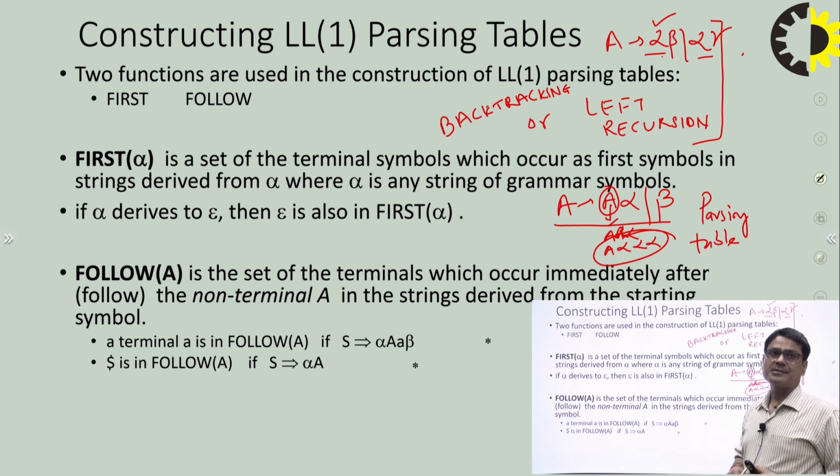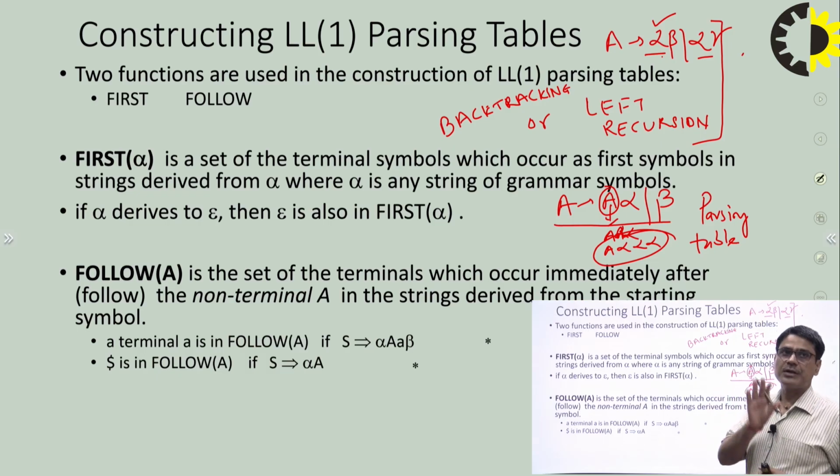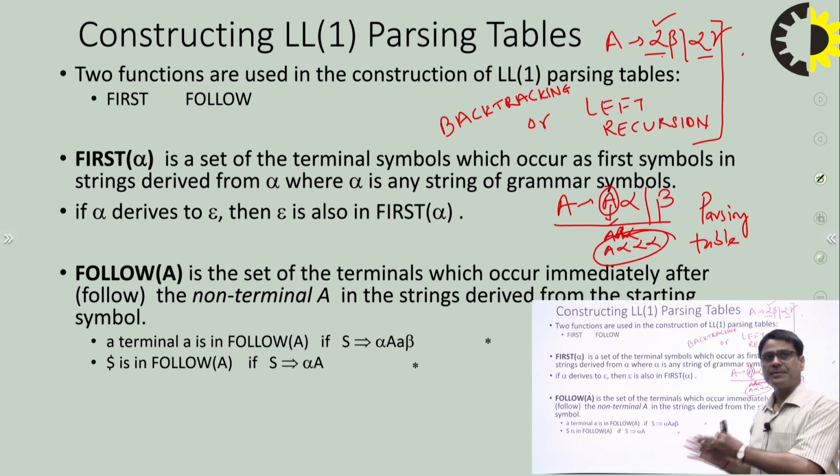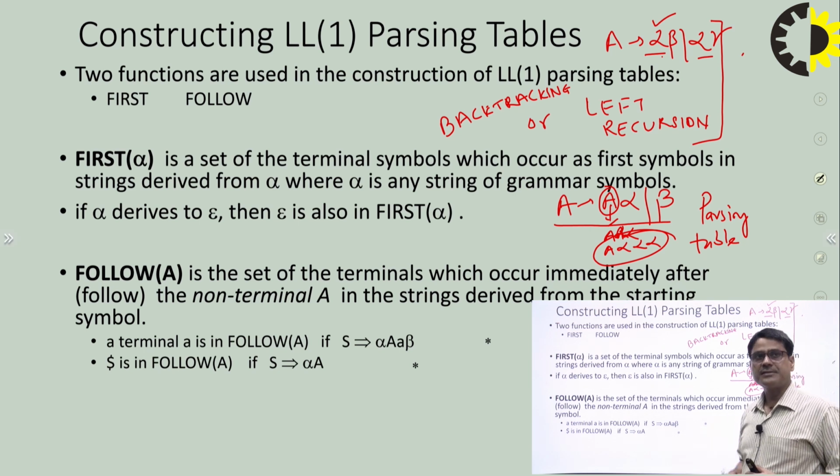And in a top-down parser, the parsing table is different. If you're discussing the bottom-up parser, then the parsing table is different. Their format is different, their procedure is different. But the purpose of this parsing table is only to validate, for the given grammar, whether this particular string belongs to that grammar or not. That is the major thing. And if it belongs to that grammar, you will draw the parse tree for that given string. So that is the purpose of the parser, and the outcome is the parse tree.